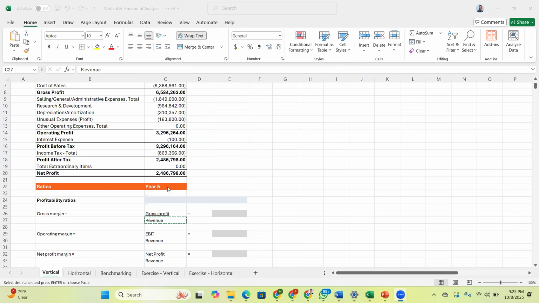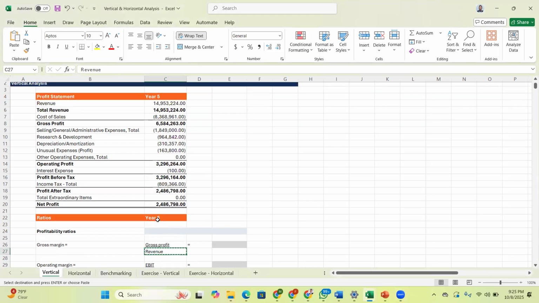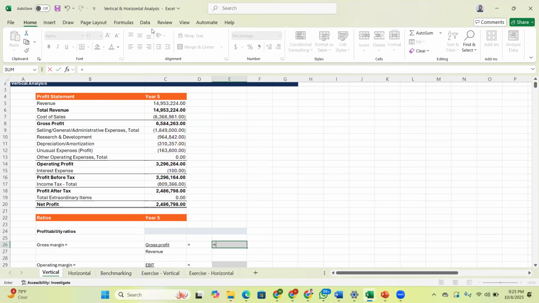So now let's quickly go straight to the ratio. The gross margin ratio is gross profit over revenue. So we come here and use our formula: gross profit divided by revenue. How do you divide on Excel? It's very simple. Just say equals, your gross profit is here, on C8, just like you're having here. So C8 is gross profit. Divide, so you use